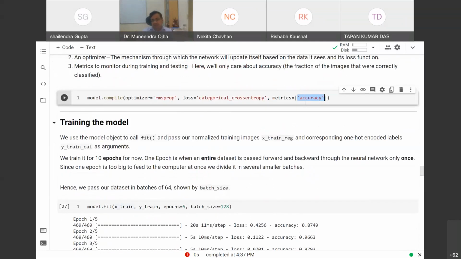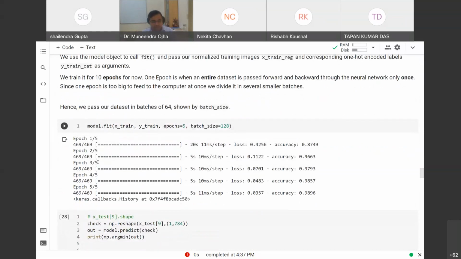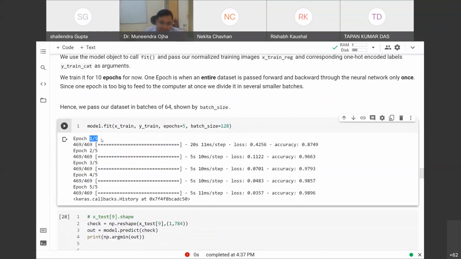Now there are 2 terms that I want to explain here. One is epoch and the other is batch. Yesterday Professor Roja was also talking about epoch and batch. Here you would see this working. I have 5 epochs. 5 epochs means my 60,000 training samples will be shown to the network 5 times. So 3 lakh samples are being trained, because 60,000 samples 5 times means 3 lakh samples.